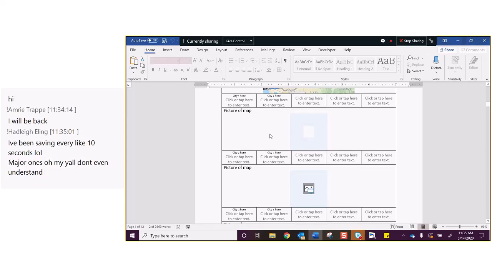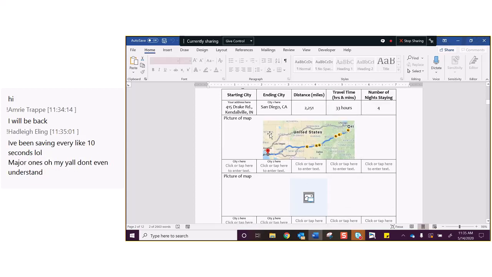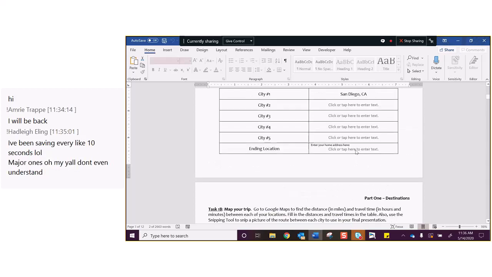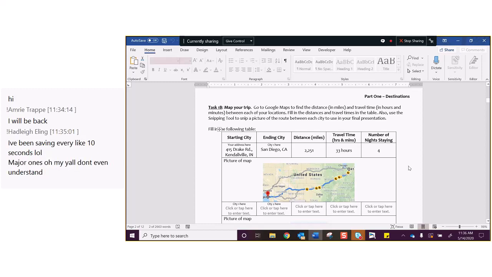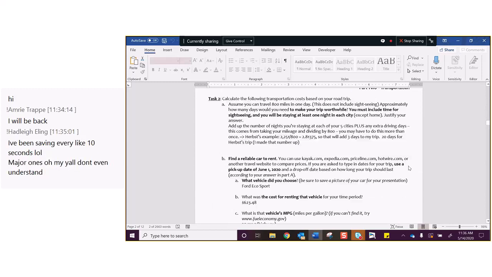What's nice about this is that because you worked on so many images throughout the packet, you really don't have a whole lot to do in this presentation. It's really just fitting it all together, giving it a theme, a title slide, and that kind of thing. So remember that my first stop is San Diego.